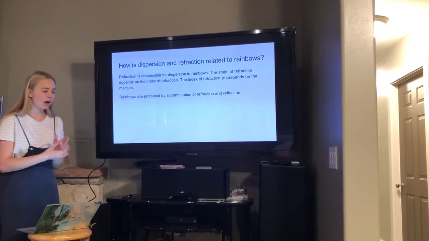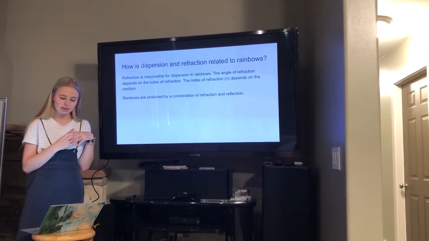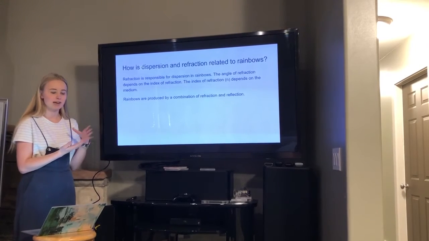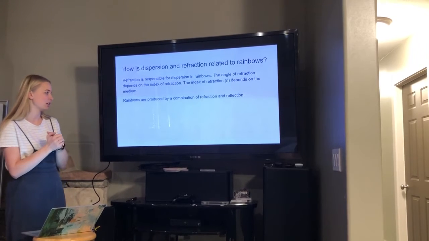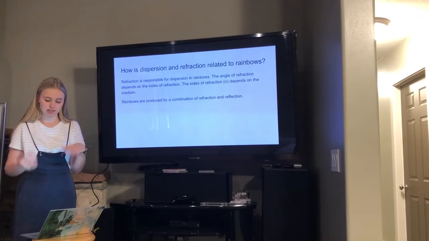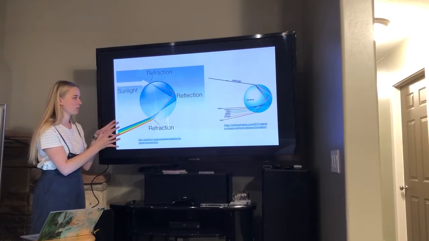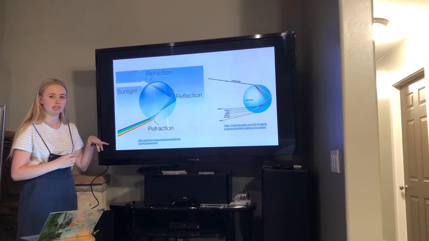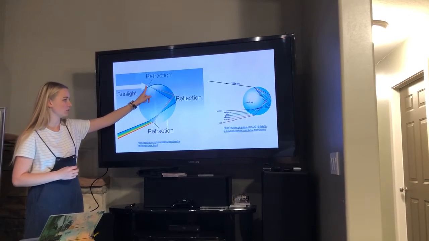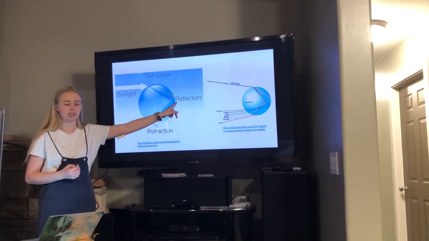So how are dispersion and refraction related to rainbows? Refraction is responsible for rainbows, and the angle of refraction depends on the index of refraction, as we talked about with Snell's law, and we also said that the index of refraction depends on the medium. And then rainbows are produced by a combination of refraction and reflection. In this picture, you can see how in a single raindrop we're going to see both concepts of refraction and reflection. Here we have sunlight hitting the raindrop at an angle, and it's going to bend at an angle of refraction and hit the back of the raindrop, which is a reflection, and come back at